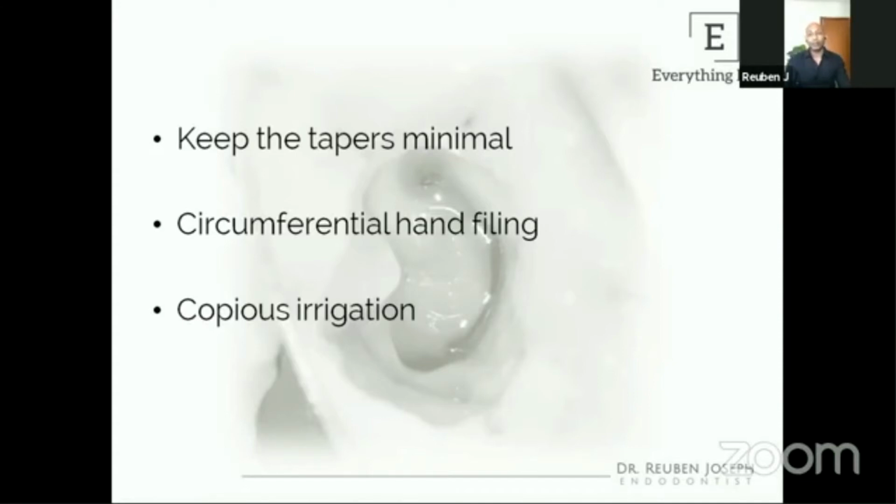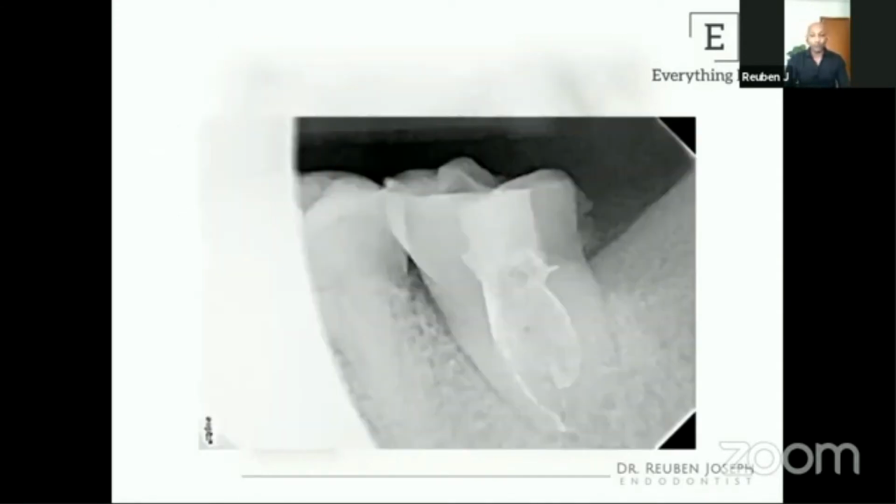So the idea behind treating these C-shaped canals with rotary instrumentation, the solution is never greater taper files. Again, I'll come to why it's a terrible idea. And I would use very, very good irrigation with hypochlorite towards the end of the procedure. So that's the finished post-op. This is the same case finished.